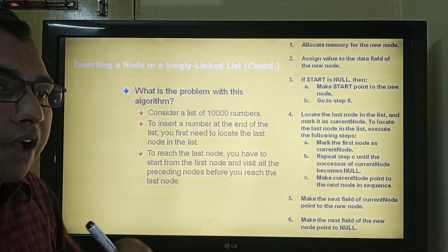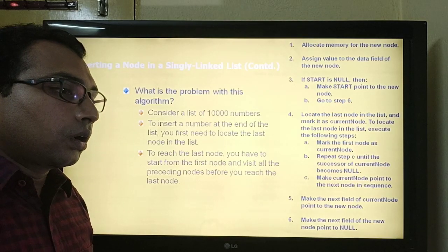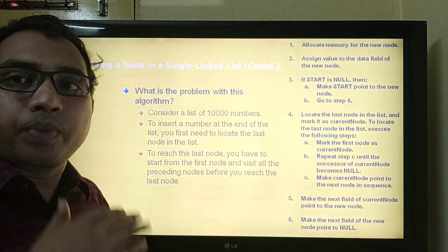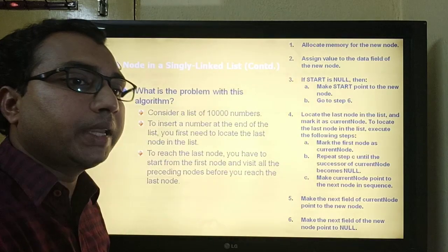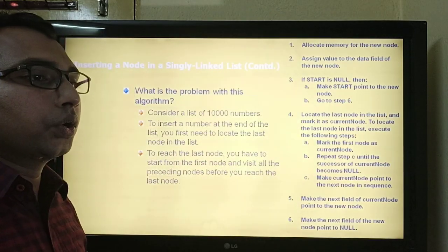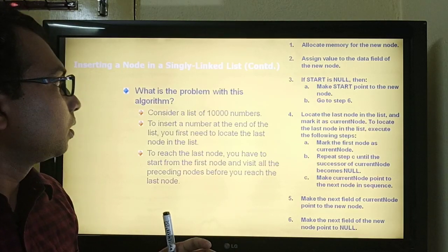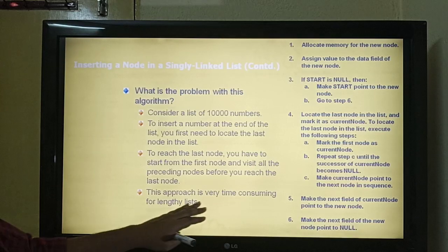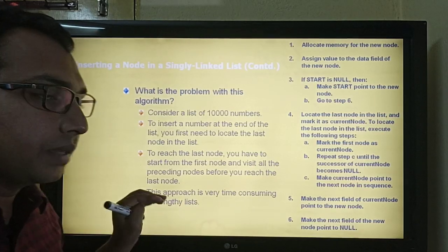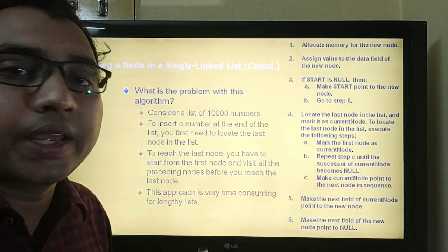So if we have 10,000 elements, we need to perform as many comparisons to reach the desired position. So this approach is very time consuming when the given list is very large.